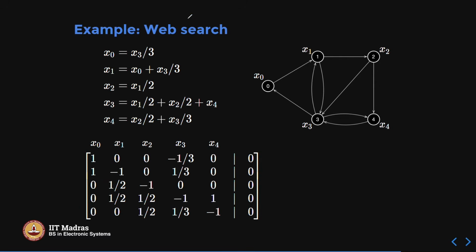x0 minus x3 by 3 is 0, and you get this. So here is a system which has got all zeros on the right hand side. There is no non-zero coefficient on the right hand side. Everything is 0 on the right hand side. Such a system is called a homogeneous system of equations. If every equation has no constant term, only x1 term, x2 term, like that,